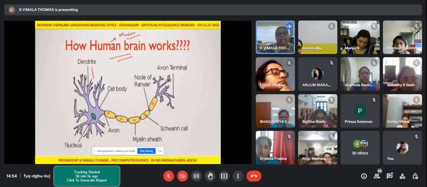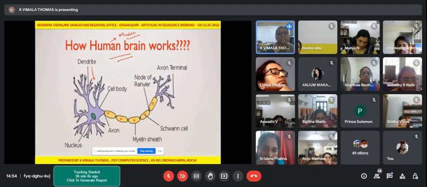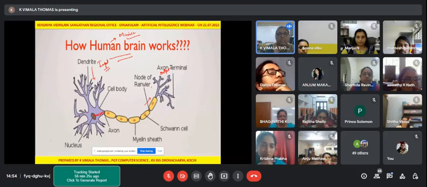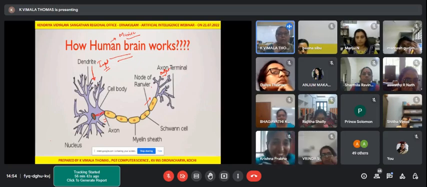With the dendrites, it will accept the input. Inside the nucleus is our processing, so processing takes place in the nucleus. Inputs are accepted here, and it is transferred as output through the axons. In our computer system also, there is input, process and output. In ICT we have learned this input, process, output. The human brain works like that only. You require certain data as input into the brain, and then you process the accepted information.